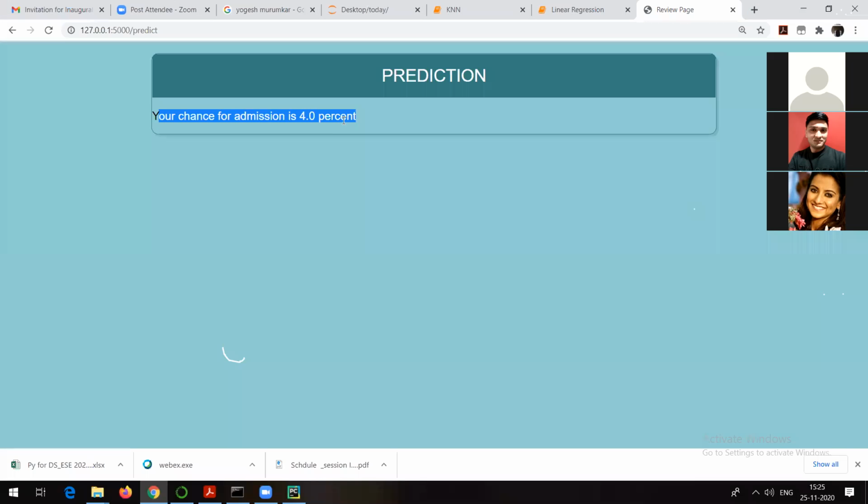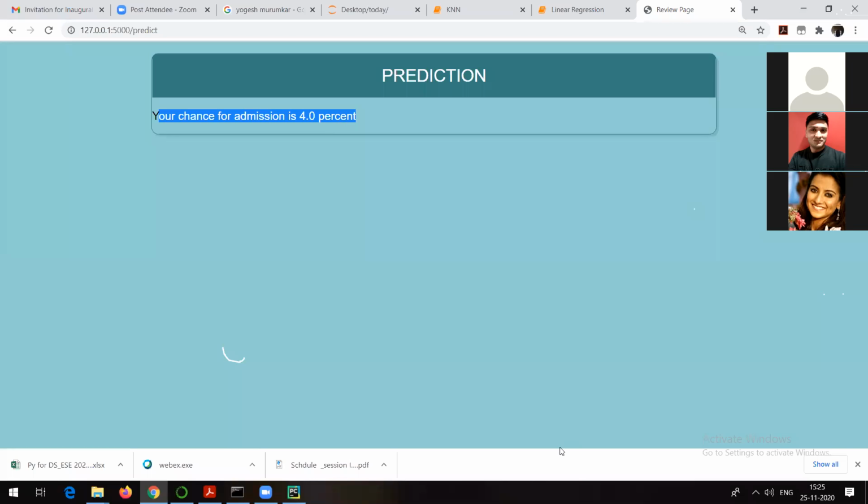Now, what I will do is I will show you how to deploy this particular application onto the cloud, so that you people also will be able to make use of this application on your machine. Right now, you will not be able to make use of my application because it is running on the local machine 127.0.0.1. So I will deploy this application onto the cloud. For that, I will show you each and everything step by step.